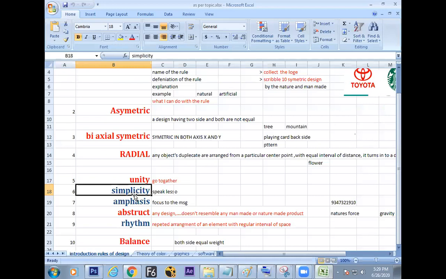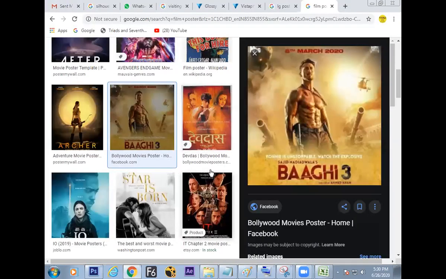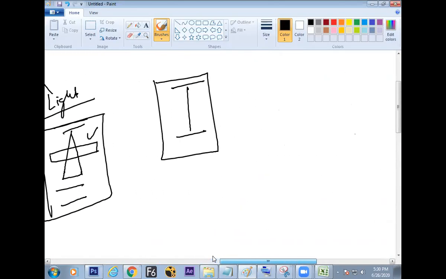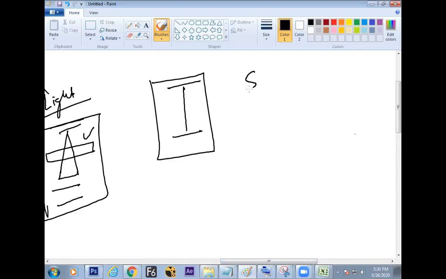So we have understood unity and a new terminology called contrast, and we'll move to the next rule, that is called simplicity. It is the biggest rule of all the design rules. Simplicity catches the eye much faster. Icons, symbols, buttons are all examples of simplicity. The more complex things, if spoken in a much simpler format, then people understand them very easily.